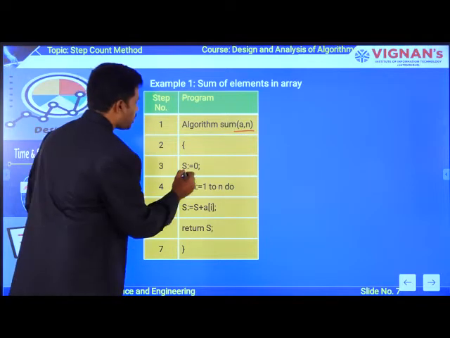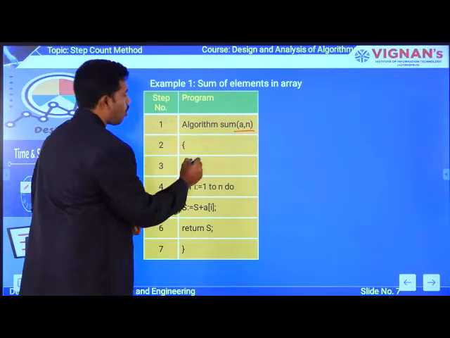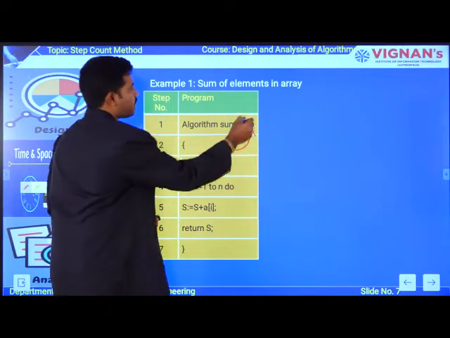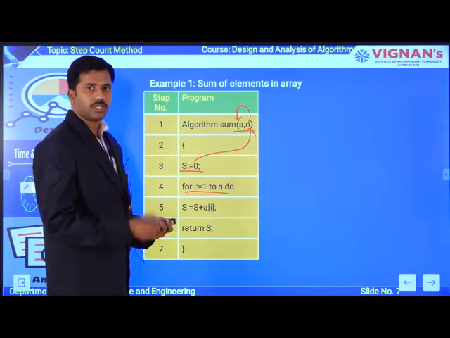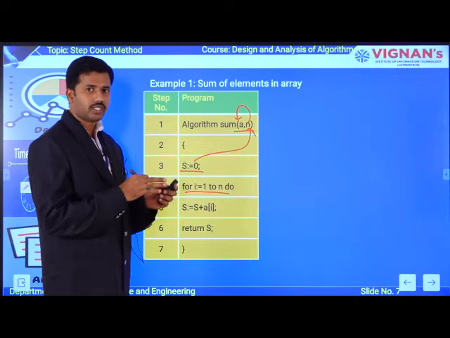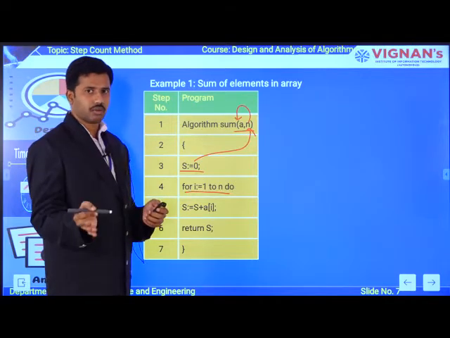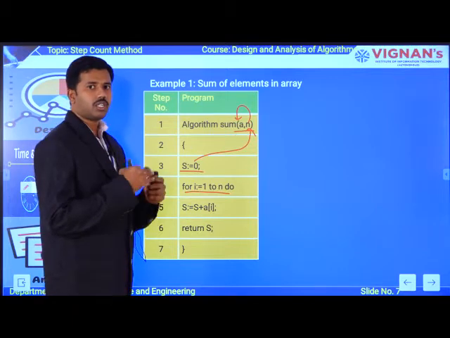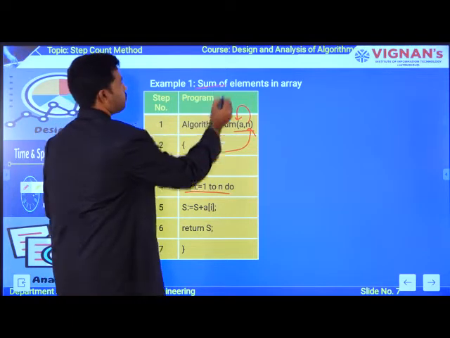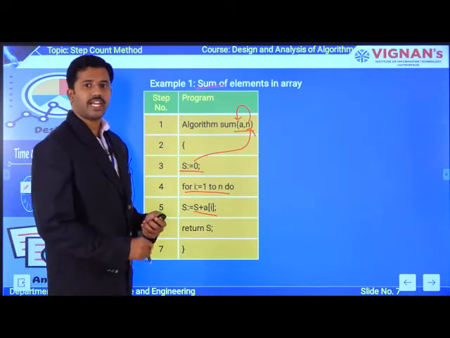As I said previously, initially my sum is 0. To trace all these n elements available in the array, I am taking a for loop, which starts from 1 to n. You need to trace all the elements in the array, from the first element to the last element. That's why I have taken a for loop. And what is your main target? To get the sum. For that purpose, I am simply taking a simple arithmetic addition operation.